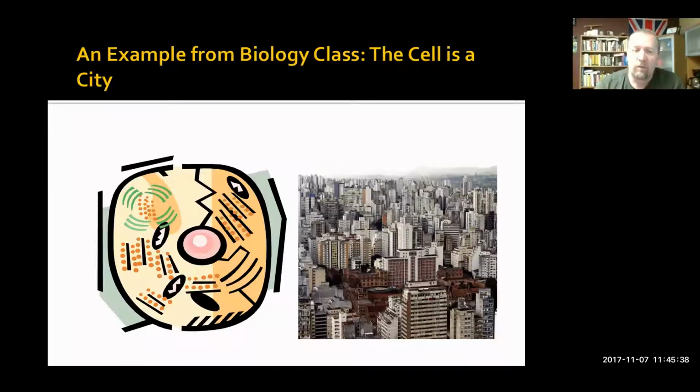I got a couple of these from other teachers. One example is from biology class. She told me that she compares a cell to a city. It has everything: food distribution, waste extraction, everything you'd find in a city in order for the people there to survive, is contained within an individual cell. It helps students understand that better.